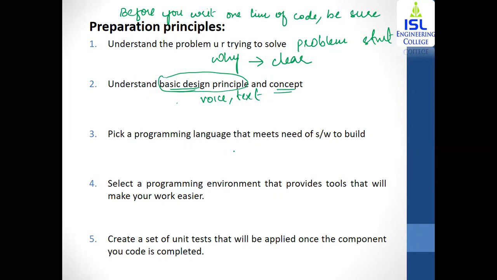Then pick a programming language that meets the need of the software to be built. Before you start coding, you need to identify which programming language will have all the features that you want within the software. If you go for HTML, it is not technically a coding language, but it is pretty useful.